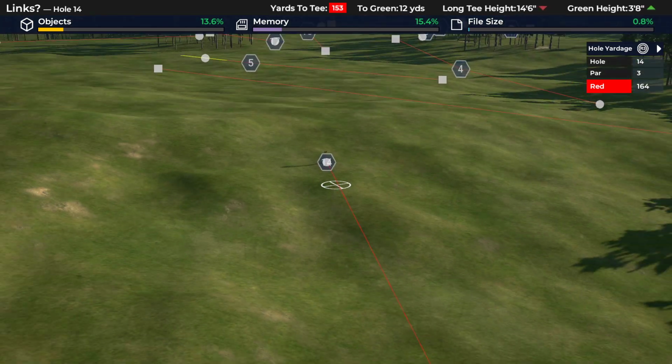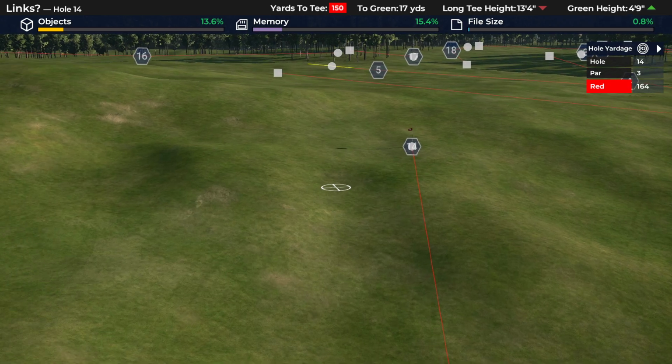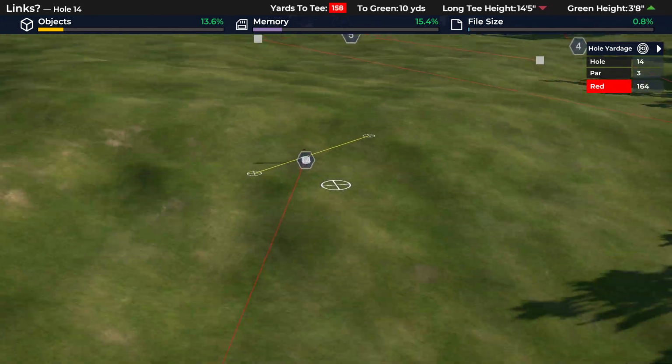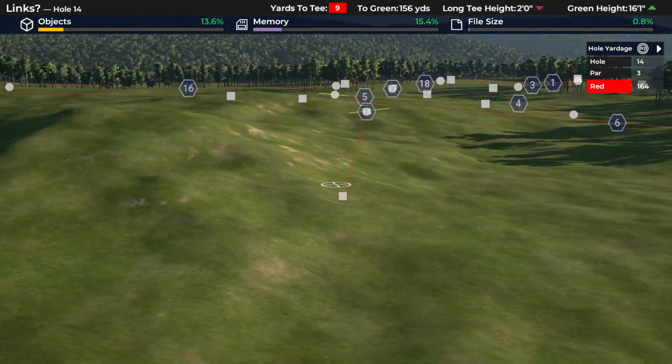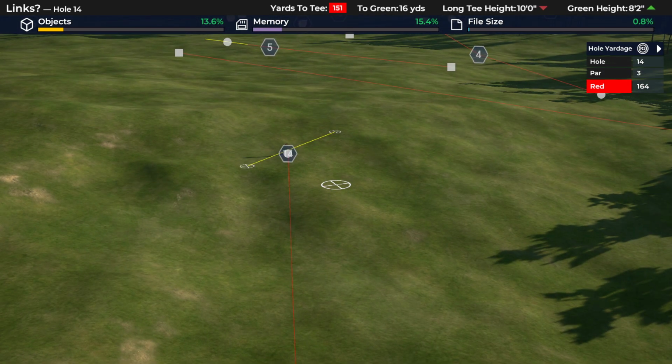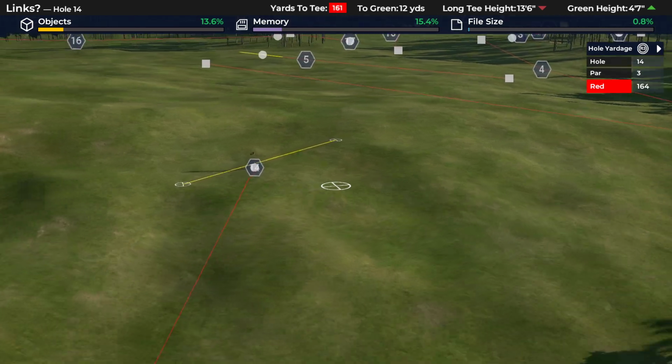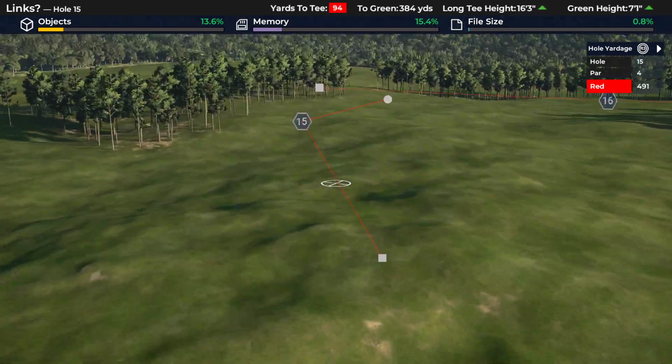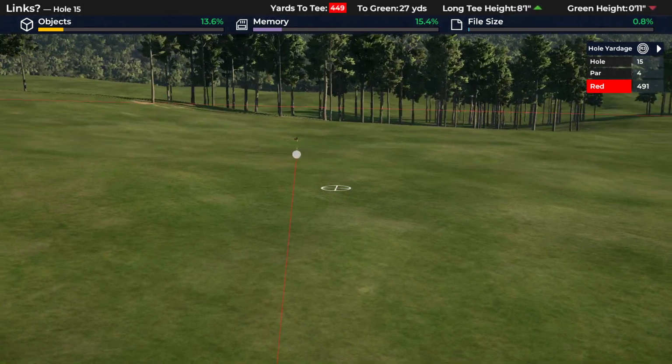14, not so sure on. I feel like I've had this sort of green site a lot. It would be very much banked into a dune, but it would feel a bit samey to other par 3s, so that might be one I look at. And as ever with all of the videos I give you, try to think about not pulling the same trick twice. 15's again a flatter